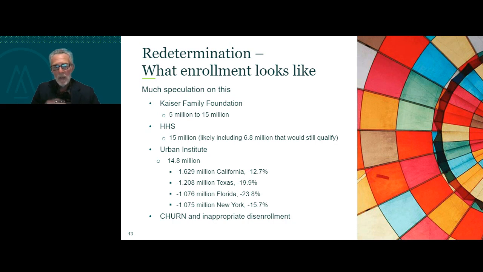In terms of the Urban Institute, they also estimate almost 15 million people, but theirs is a gross estimate of 18 million minus a little over 3 million children who will move from Medicaid to the separate CHIP program, which is just a little bit different program. They base their estimates on a tool that they've historically used called the Health Insurance Policy Simulation Model, and their study came out in December of 2022.